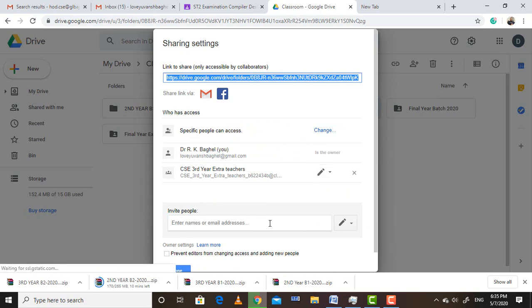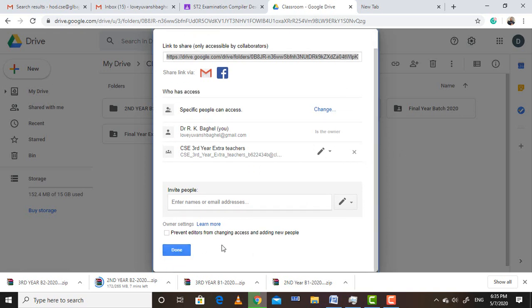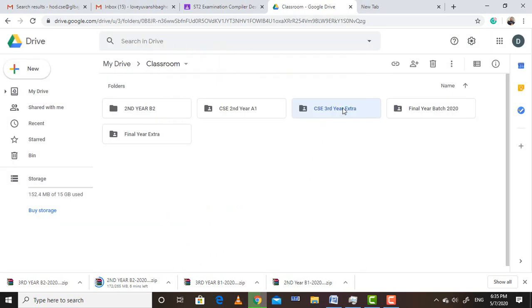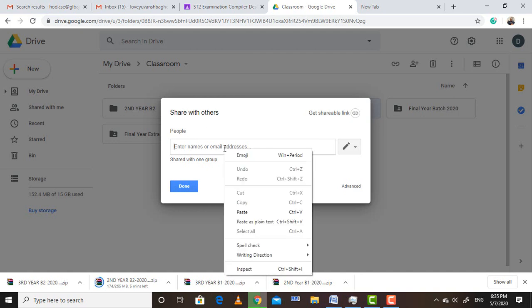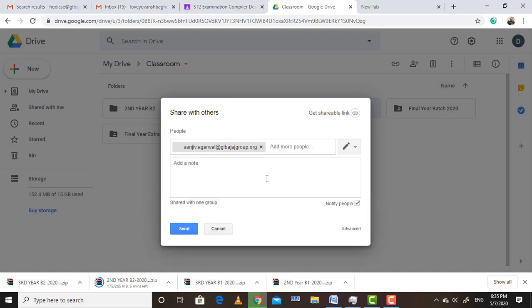So I right click on this, share, and right here Sanjeev Agrawal. Okay, he can organize, add and edit.